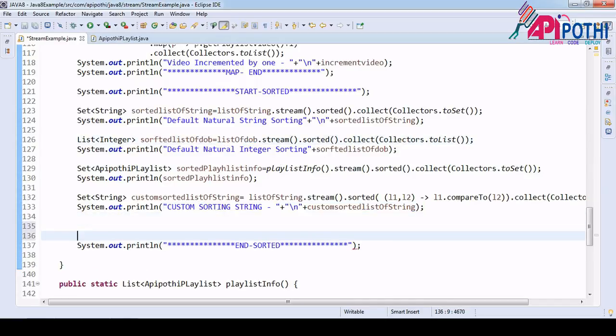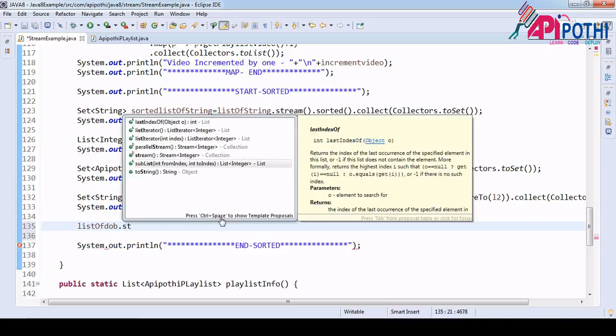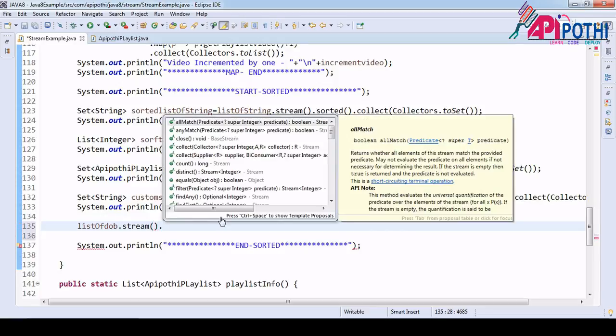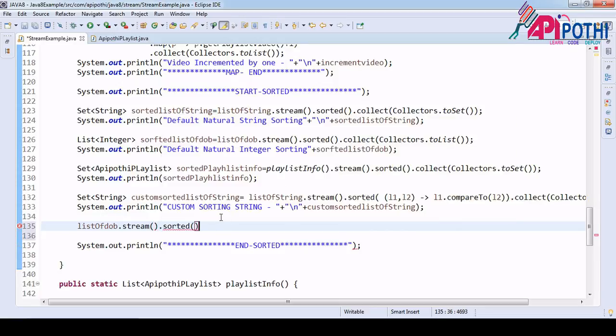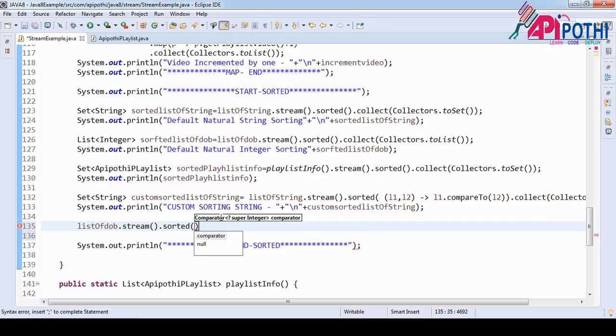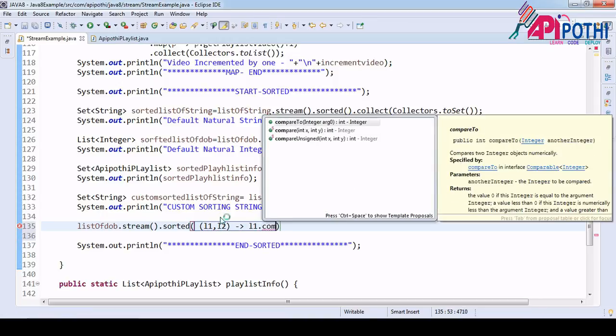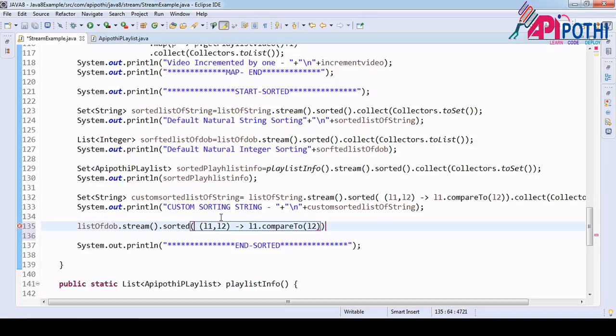integer. So here I am having the date of birth object dot stream dot sorted for comparator one. Okay, comparator needs 2 arguments L1 comma L2, where I want L1 dot compareTo L2.